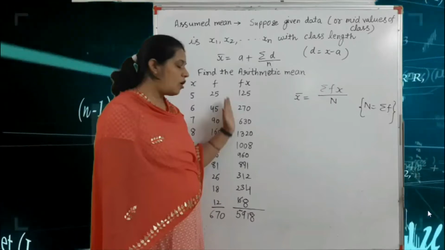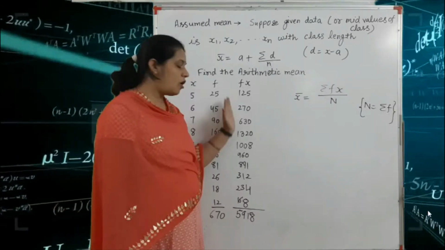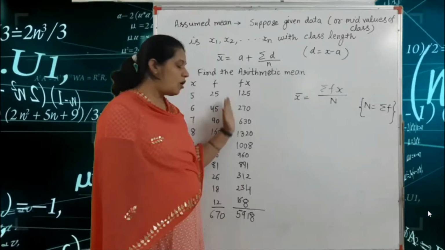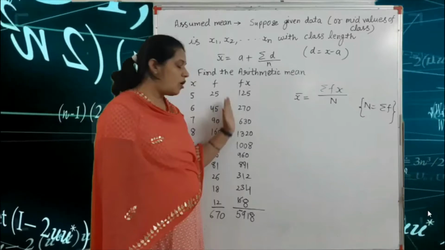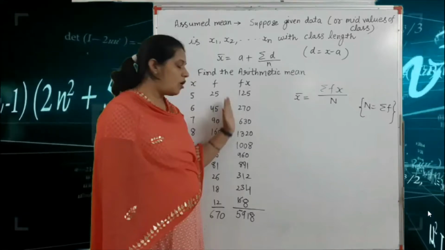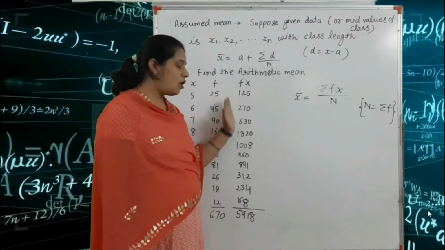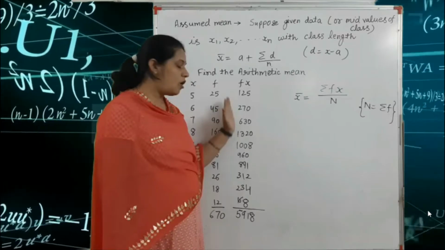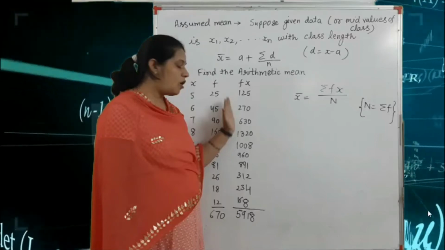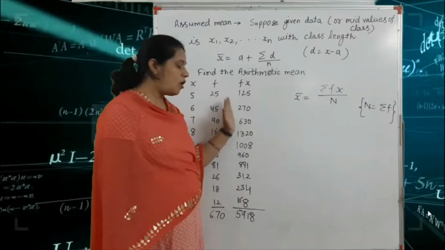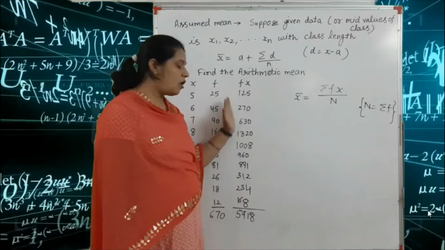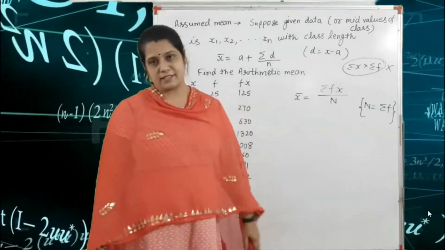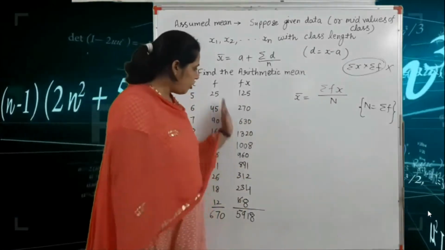Okay, don't be confused. Sometimes students write here the value of summation fx, that means what? They add all these values, that means the sum of f and the sum of the value of x, and after that multiply summation f into summation x. Okay, but we have only the summation f into x. So first we map the column of f into x. Okay, after that we add all these values.